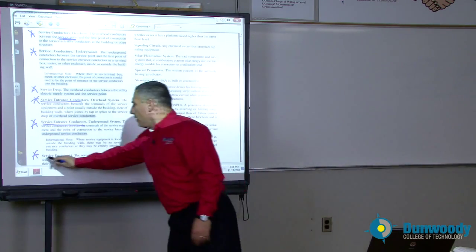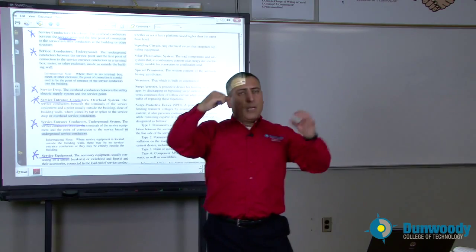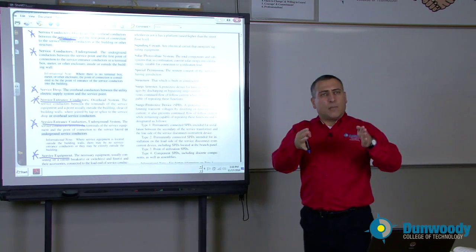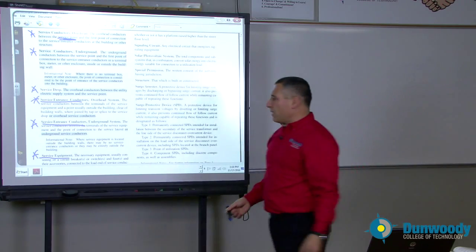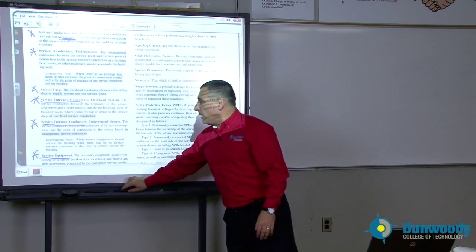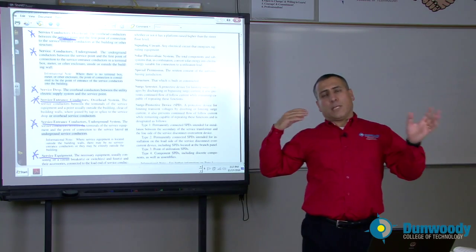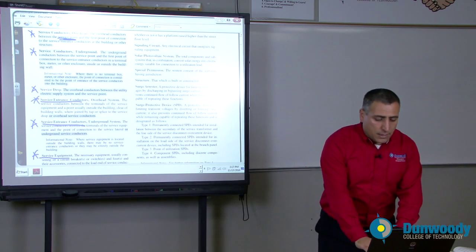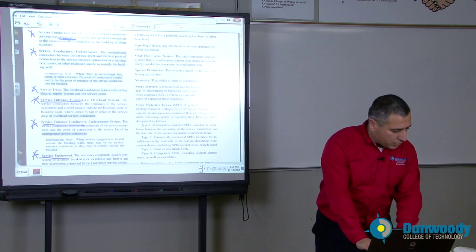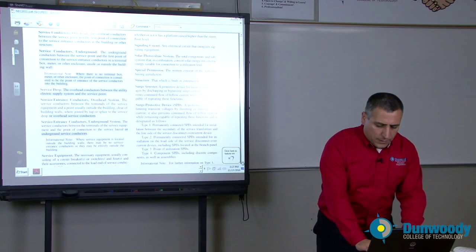Service equipment is the first piece of equipment where you bring the cables in and land them in the terminals of that equipment. That will be called the service entrance equipment. It's basically a panel with a circuit breaker on it. So this is the terminology as you go through the article that talks about service. You cannot understand it without knowing all these terms. And again, I can't emphasize enough the importance of reading and going through them.